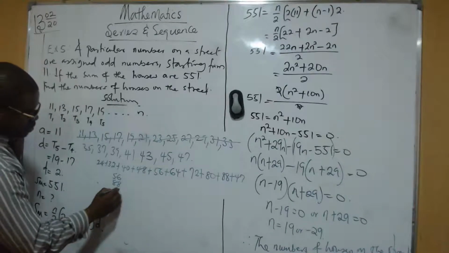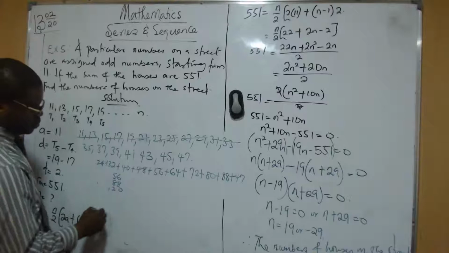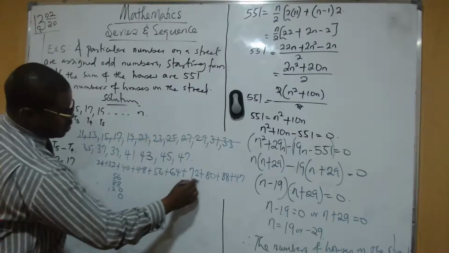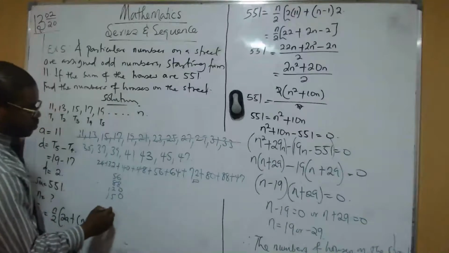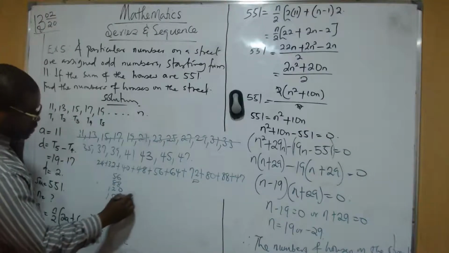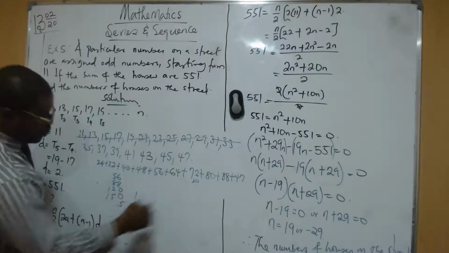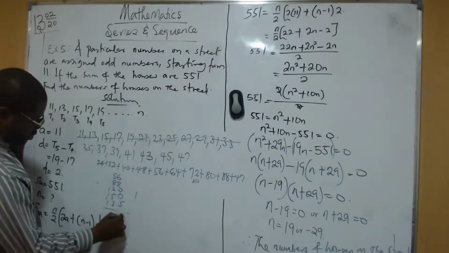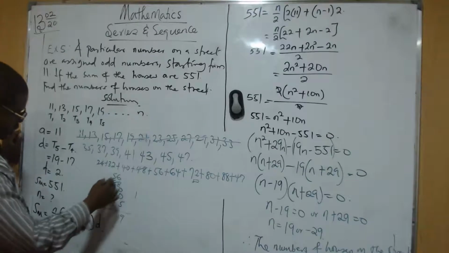This is 0, 1, 2. This is 0, 80. 2. This is 15. This is 12, 13. This is 14. We have 19. This is